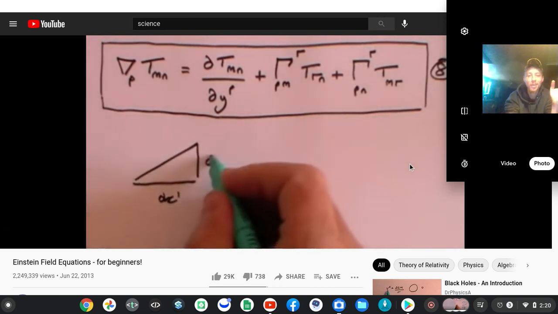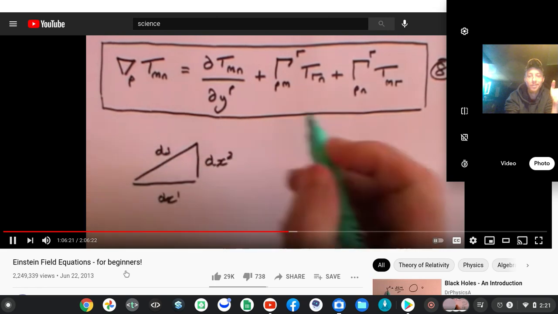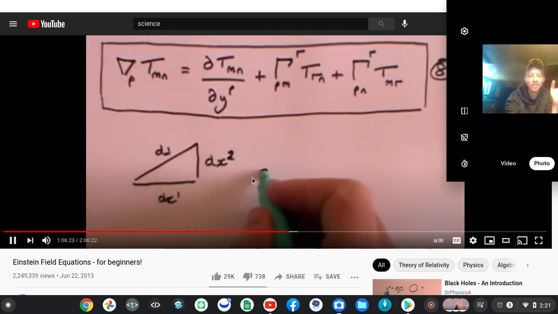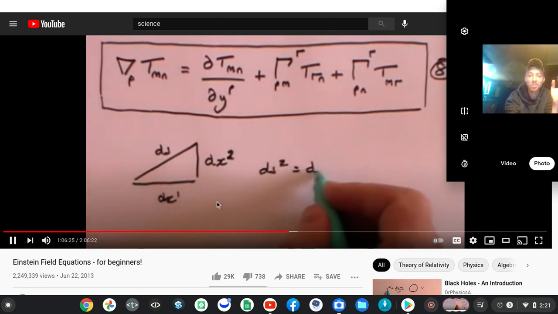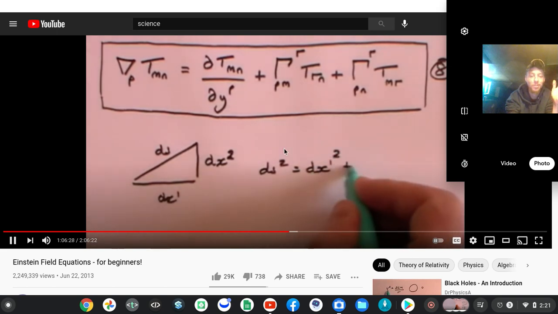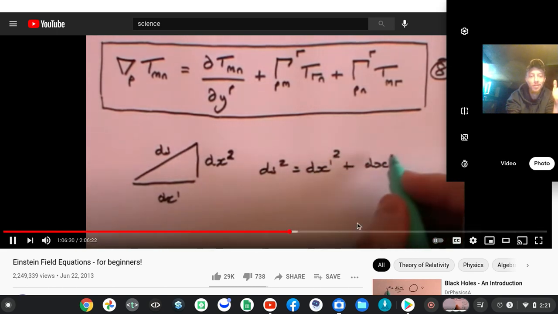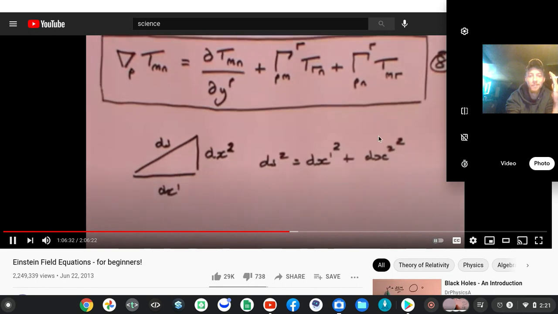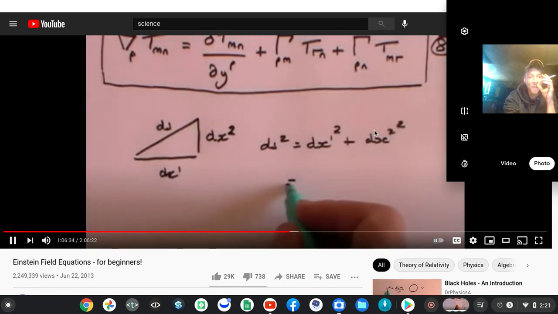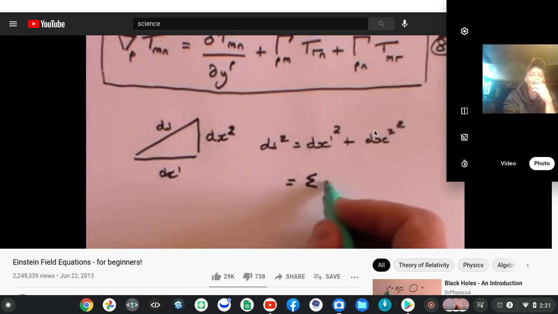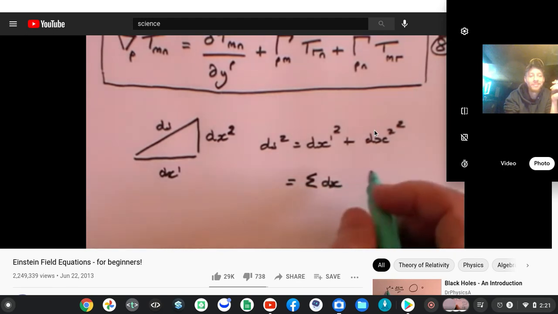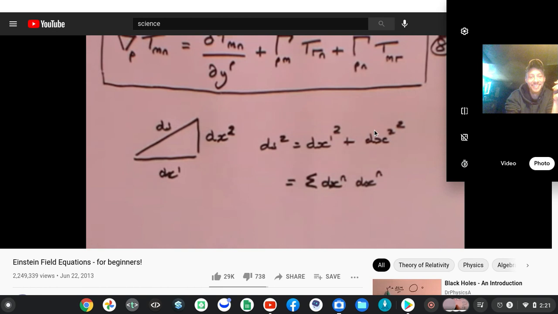where this is dx1, this is dx2, and this is ds, the line. And we said that ds squared equals dx1 squared plus dx2 squared. And we said that you could rewrite that as the sum of dx n times dx n, or if you like, you could write that as the sum